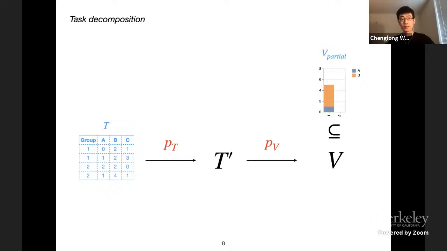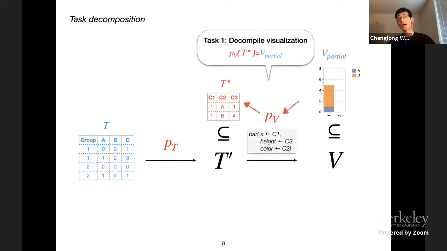Generally, our approach is to use a decomposition synthesis approach. We go through this problem backwardly, starting from the partial visualization. We first decompile the visualization with a visualization decompiler that is able to infer the visualization program directly from the plot. And then from there we derive an intermediate table, which is basically a small table that is in control of the partial visualization.